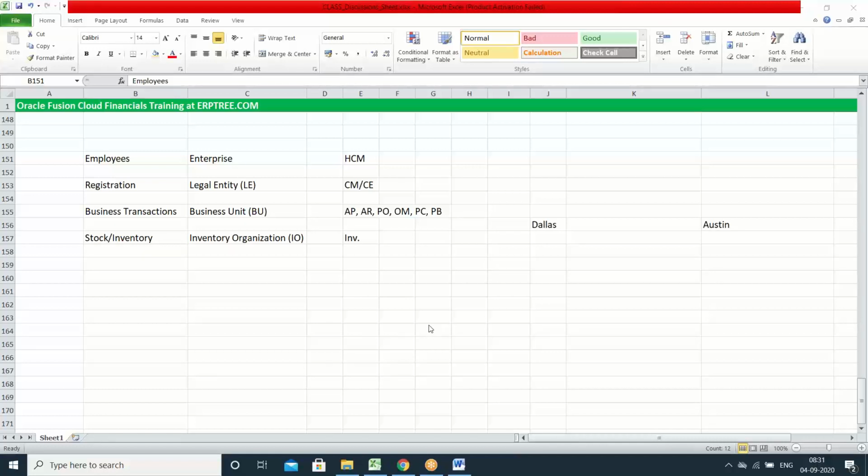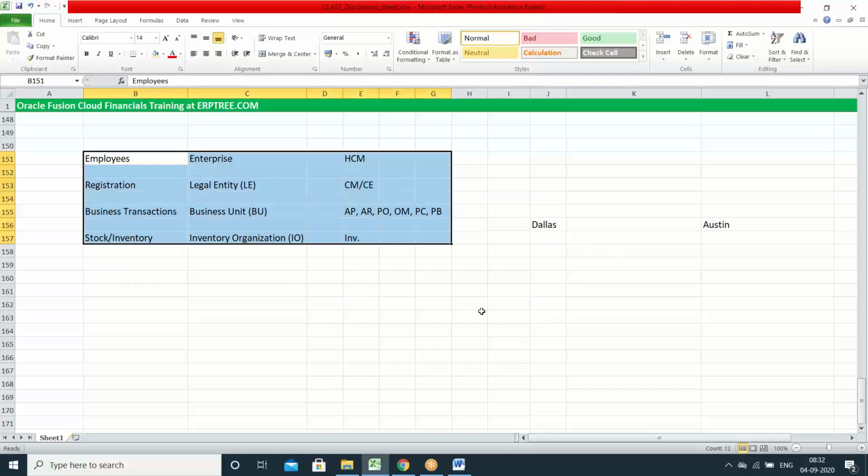I have a question. I have an understanding, so just tell me whether I understood it correctly. Go ahead with your question. Okay. So for business transaction data in BU, if we have 10 branches, we will create 10 business units and 10 companies also, right? Exactly. The number of business units